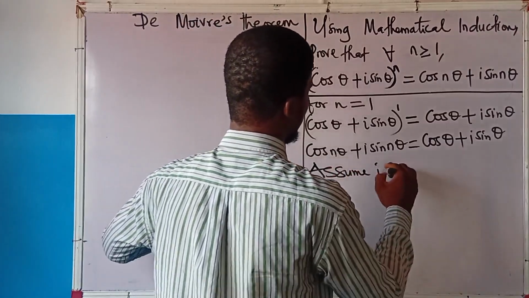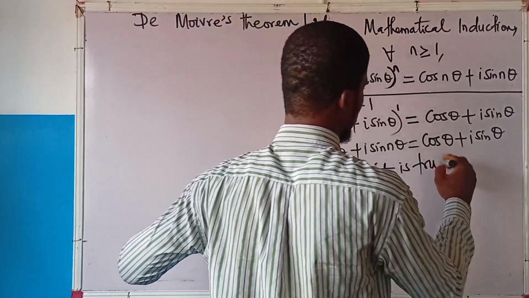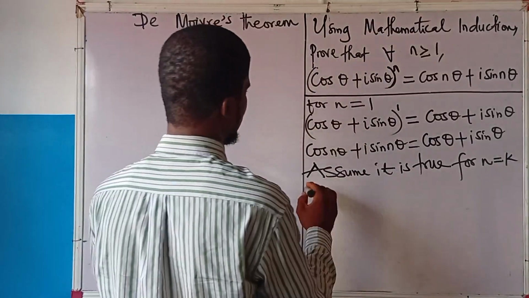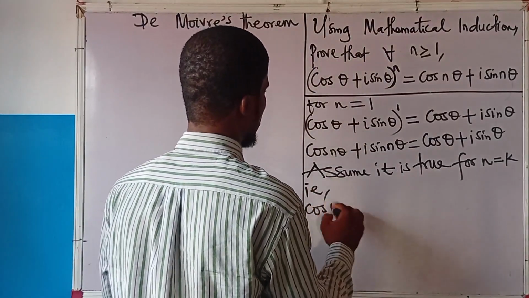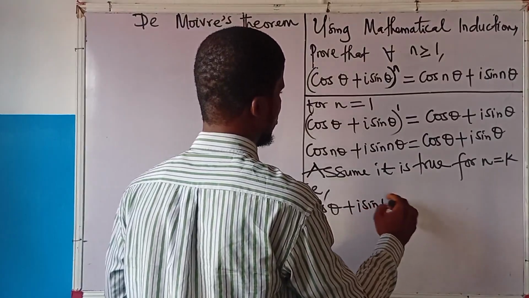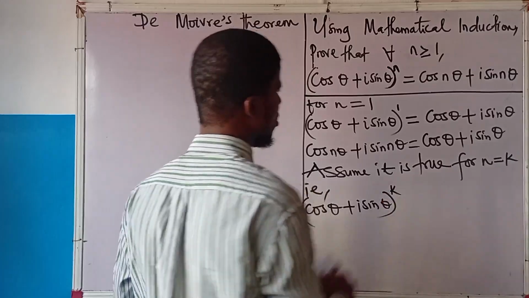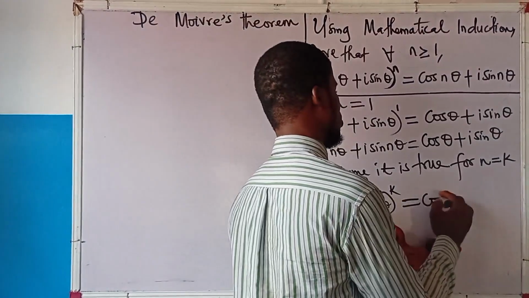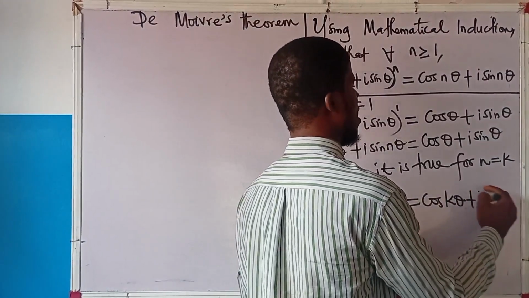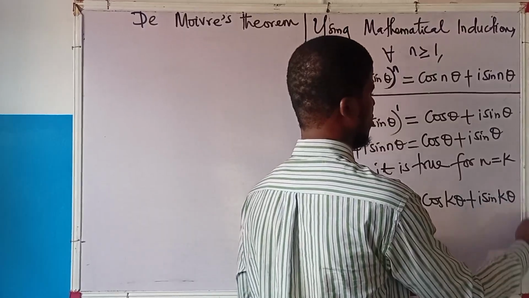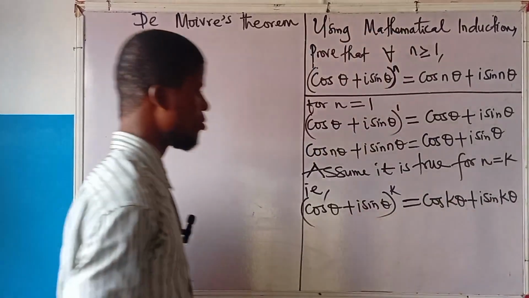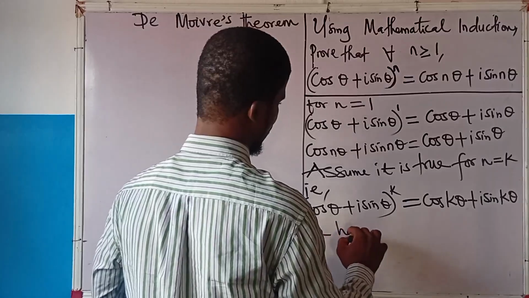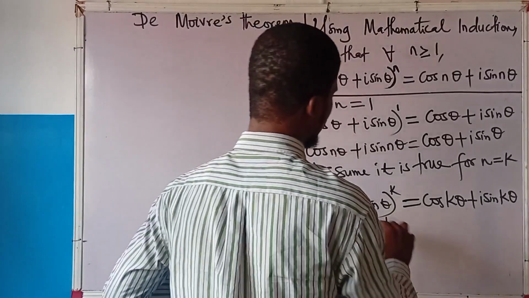Step 2. Assume it is true for n equal to k. That is, (cos theta plus i sin theta) raised to the power of k. So anywhere I see n, now writing k, is equal to cos k theta plus i sin k theta. This is step 2. Step 3. We have to show, isn't it interesting? We have to show